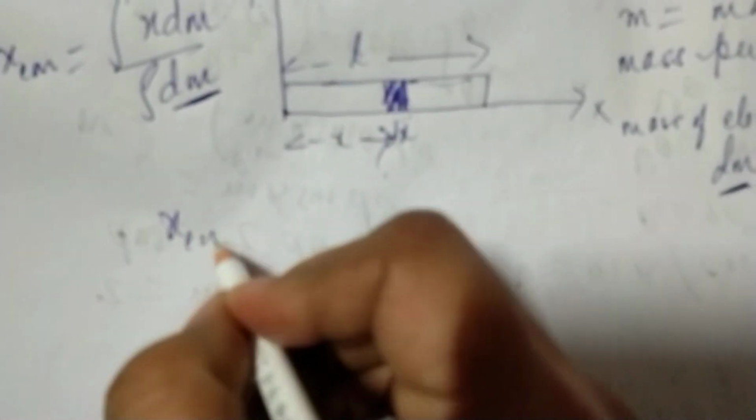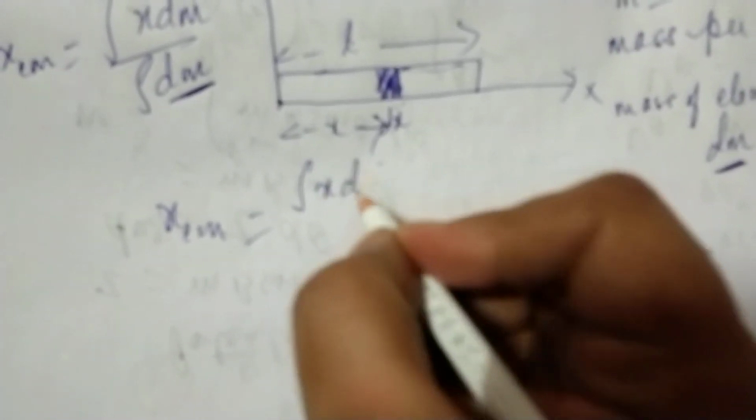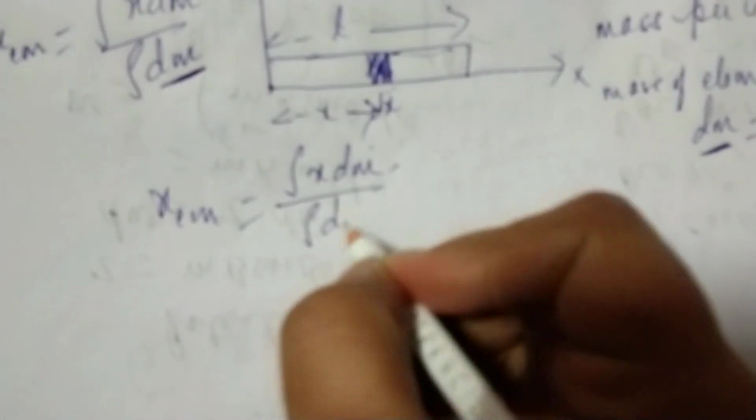This is dm equals mass per length into distance. Because we are finding it for a very small portion, the distance is dx. We have taken it as dx. So we have got center of mass equals integration of x dm divided by integration of dm. This is equal to integral from 0 to L. We have taken x instead of x dm, we have taken M by L, and this is dx, divided by integration of dm.